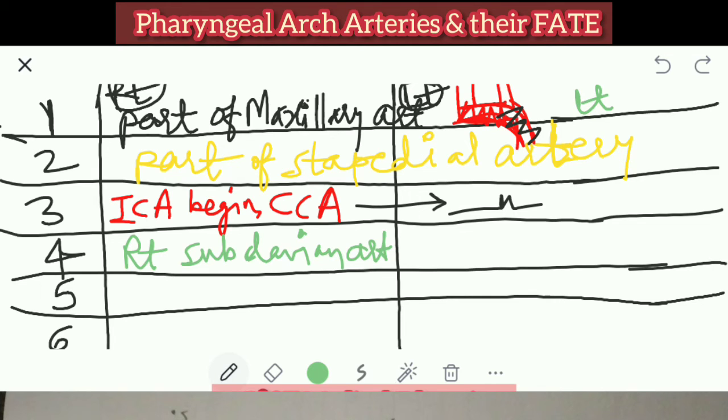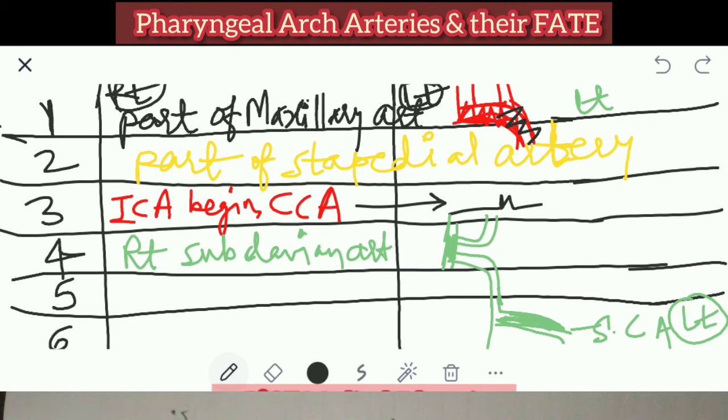If you can recall the diagram this way, see, this was the third arch, below this way. So, the seventh segmental artery forms the left-sided subclavian artery, on the left side. So, if you see this, from here to there, this common carotid, isn't it? Common carotid to the subclavian artery.